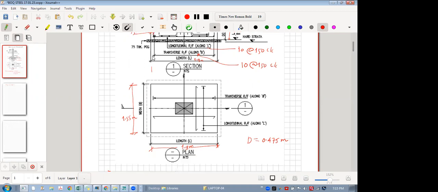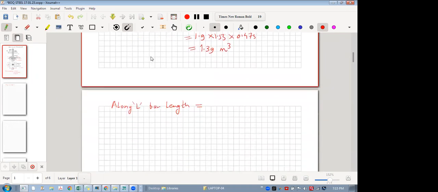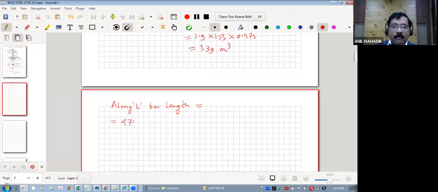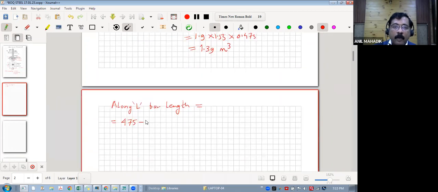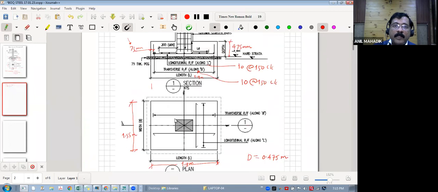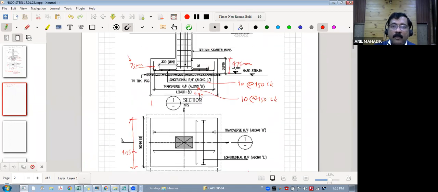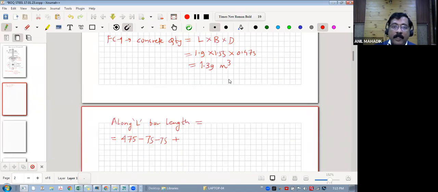First we will minus cover from both the sides. So 475. Let's go with very simple. This is total 475 minus top cover minus bottom cover. So minus top cover 75, minus bottom cover 75, plus how much? This total length is 1900, right? This length is 1900 total concrete outline. So plus 1900